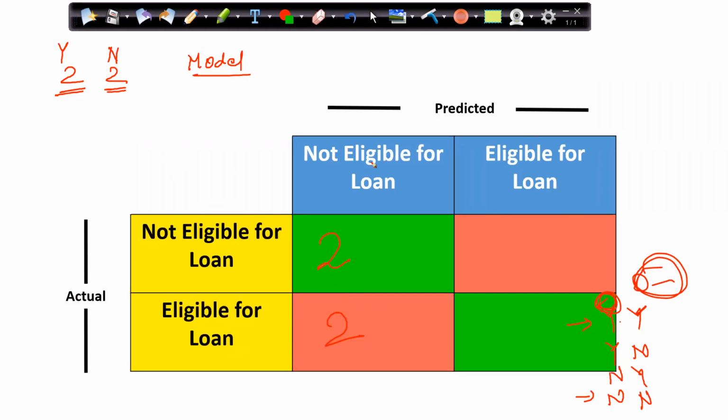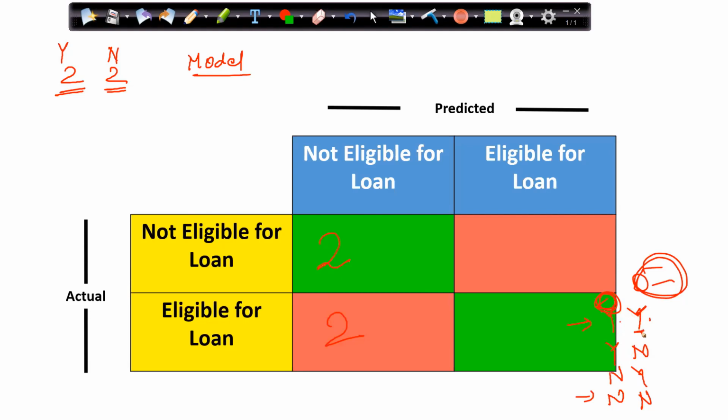As per predicted, how many are getting the loan? 2 are getting the loan, and 2 are not getting the loan. But there is a problem. There is a guy who is matching here.